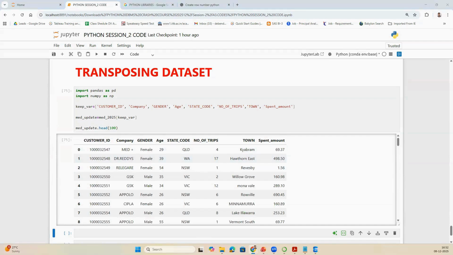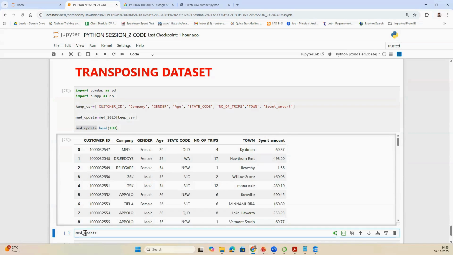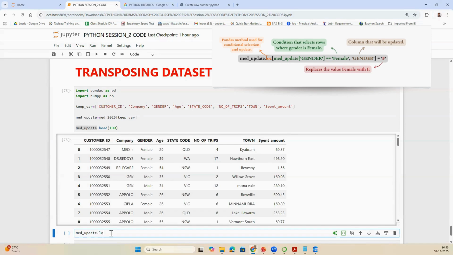Now the question is, how to go for updating the table? Let me show you an example. In made update, I want to update the gender field. If it is female, I want to call them F. If it is male, I want to call them M. If it is unisex, I want to call them U. So how will I do this? Made update is a table name. I'll be using the function called loc, where I want to select from the made update table. The variable name is gender, bracket close, where gender is given as